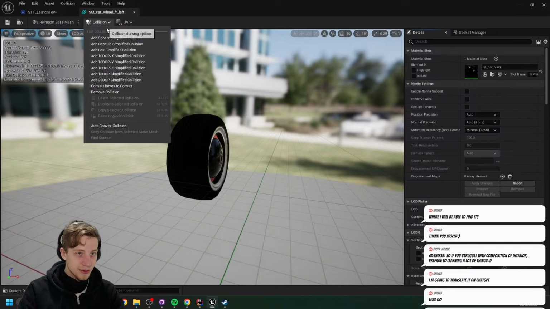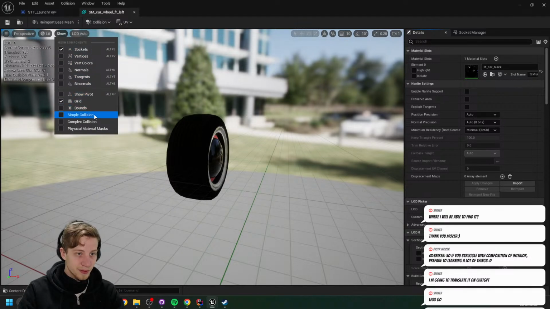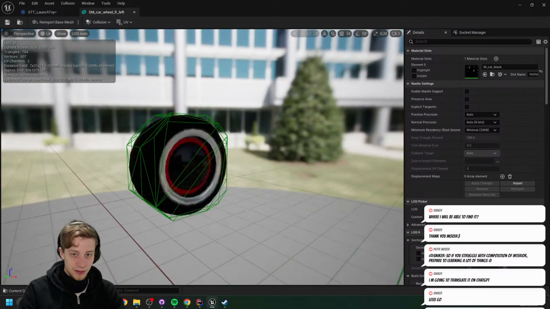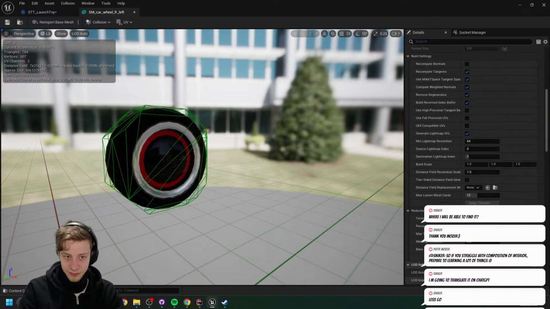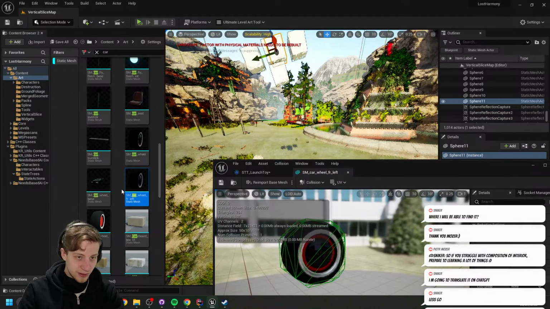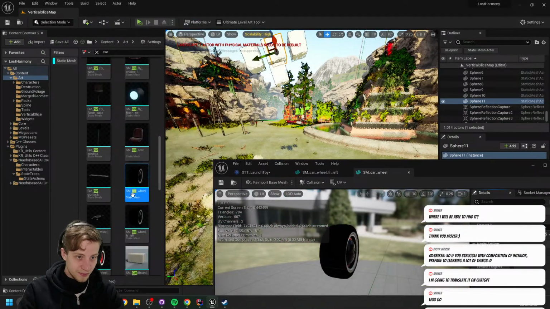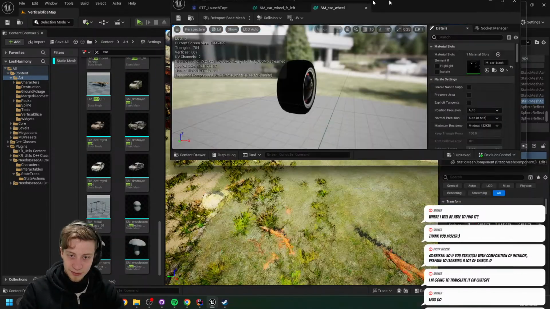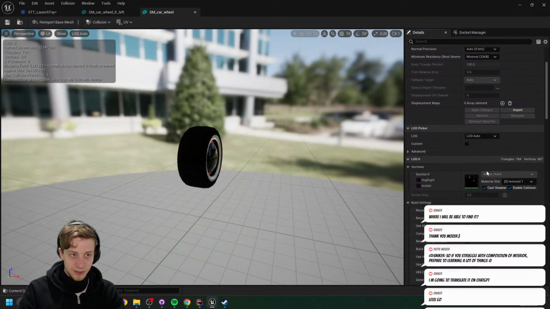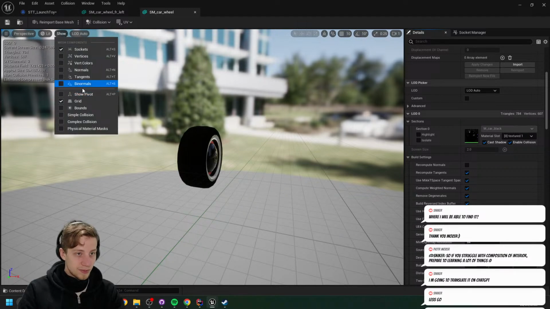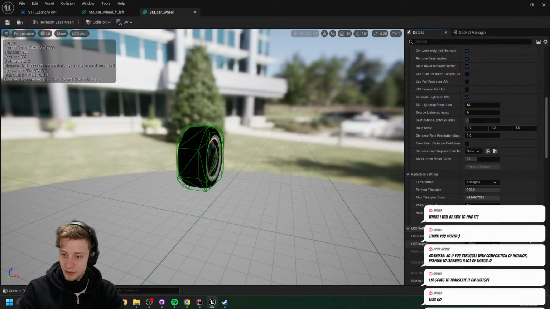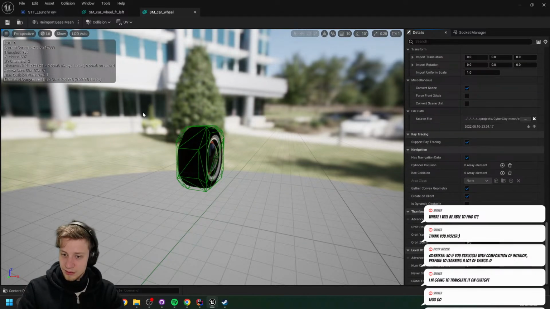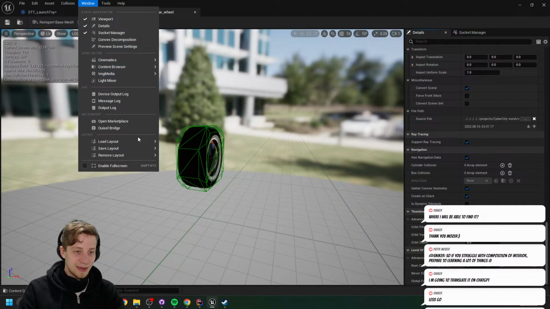How are the collisions on this thing? Okay, not very good. Wait, do I have a better one before I get to fixing it? Yeah, there we go. Let's. Oh, I don't have it here. I was scrolling, like I'm missing it. Okay, there we go.